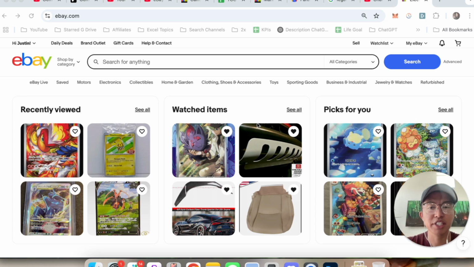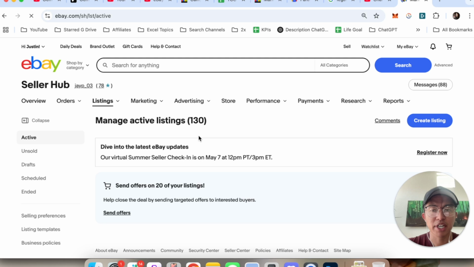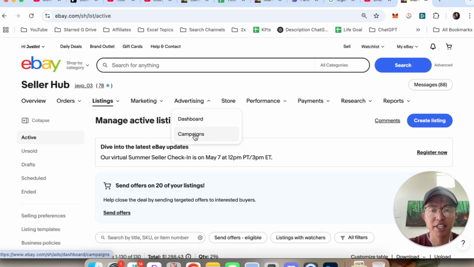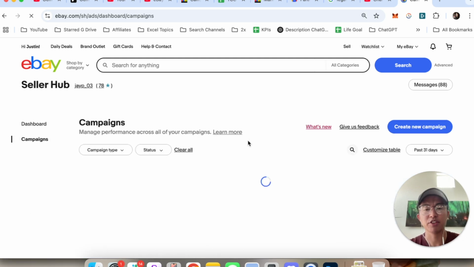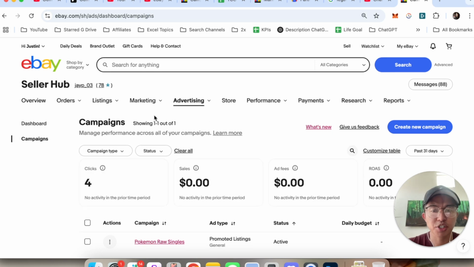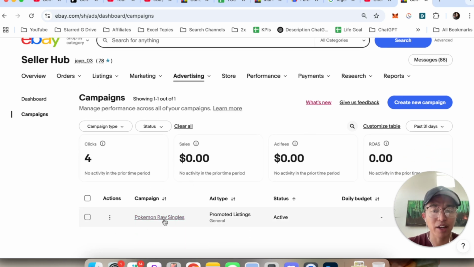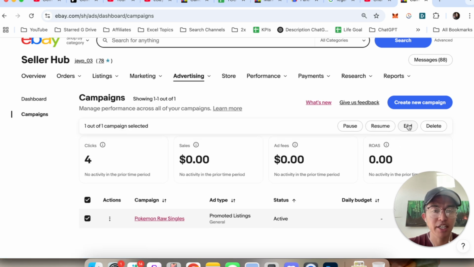So in order to do this, what you're first going to do is log onto your eBay account. Next, you're going to click on Sell. And then from here, you want to go ahead and highlight where it says Advertising and then click on Campaigns. Now, this is the really important step, guys. Once you're showing your campaigns here, for example, I only have one campaign running right now, which is Pokemon Raw Singles. You want to click on the checkbox of the one that you want to end and then click on